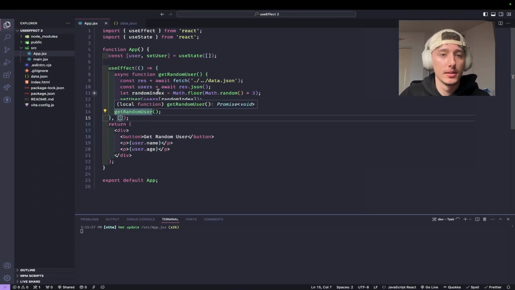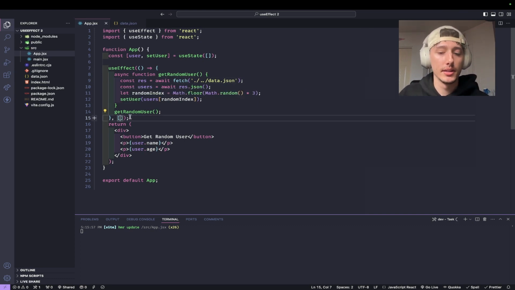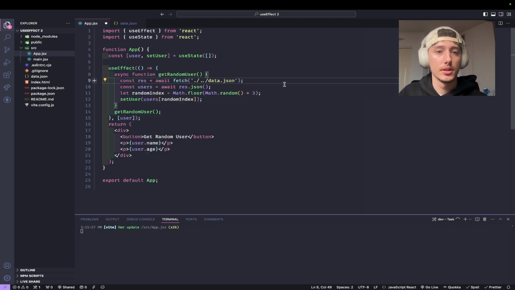So what's happening here is that we are saying set user inside our useEffect, and so that's changing user. And then in here, when we have user, we're saying watch for any changes to user and then rerun it. So we're saying, hey, if this changes, redo my effect. It's redoing the effect. It's going down here. It's setting the user. It's saying, hey, this user was changed. I need to rerun my effect. Goes back up top, and it's constantly looping around. And that's how we're getting